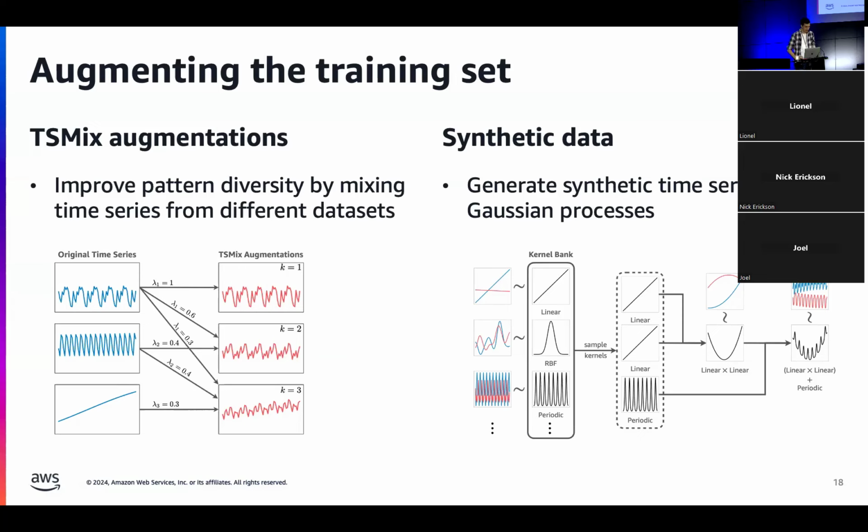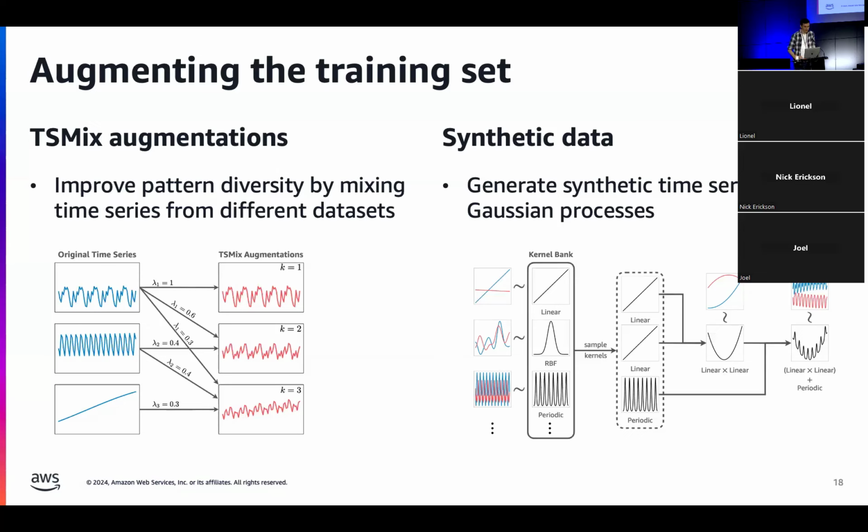So you can see in the figure on the right, on the left here, maybe we see 2 time series that have different seasonal patterns. So this one on top has a slightly longer seasonal pattern. The one below has a shorter seasonal period. If we combine them together, we get a new time series with some new seasonal pattern. Maybe we have another one which has a trend. If we add it to the previous time series, we now have something that has both the trend and the seasonality. And this way, by taking different combinations of different time series from different domains, we effectively increase the diversity of the data set even more. And the model ends up learning more patterns and seeing more different combinations of what can happen with the different